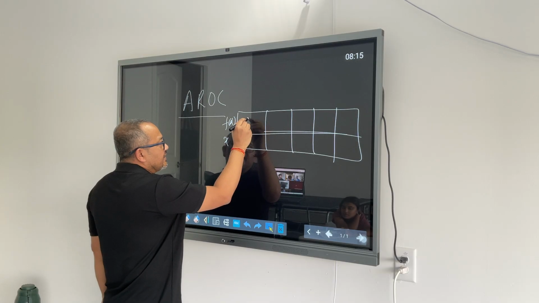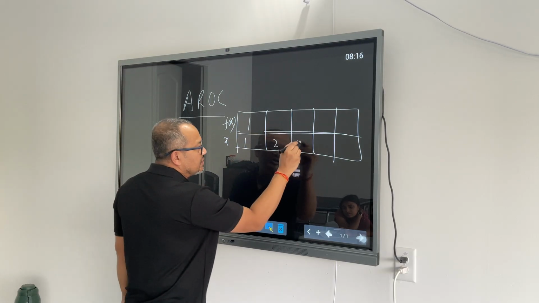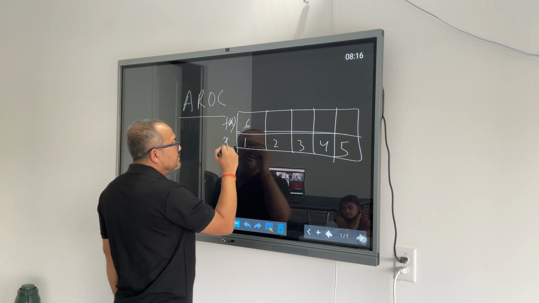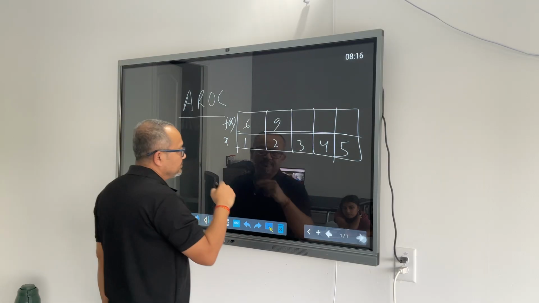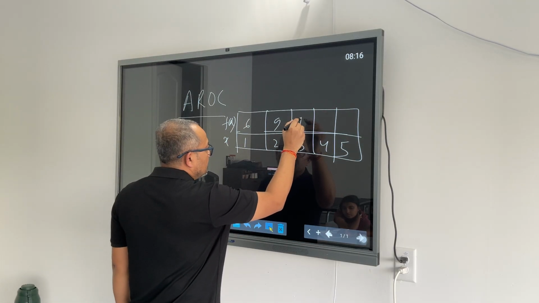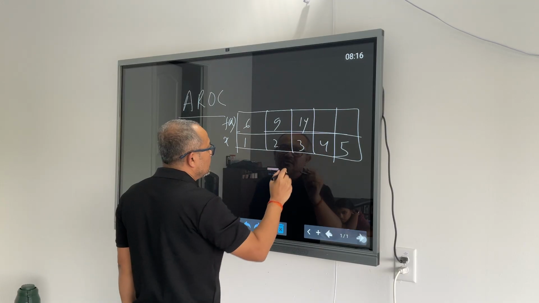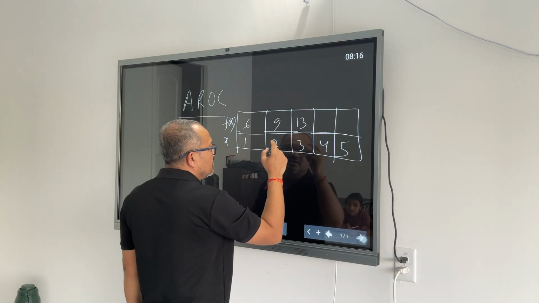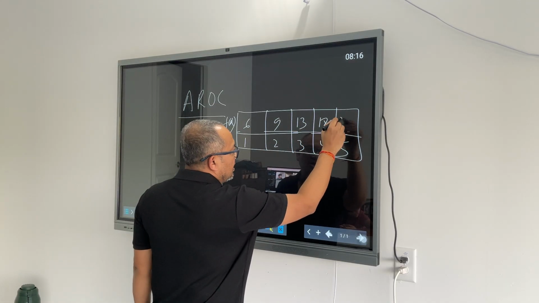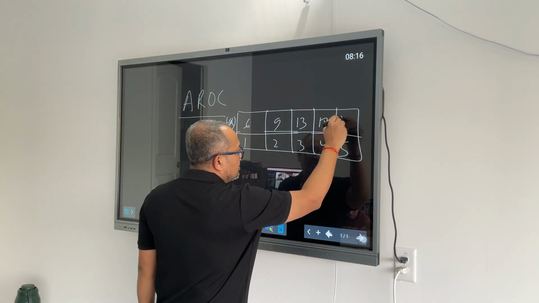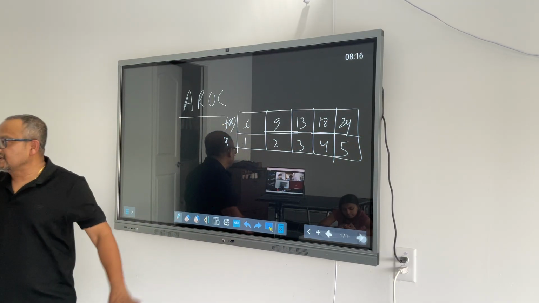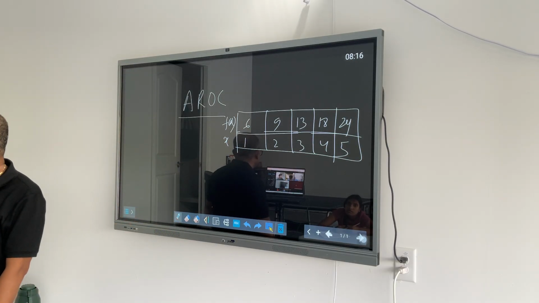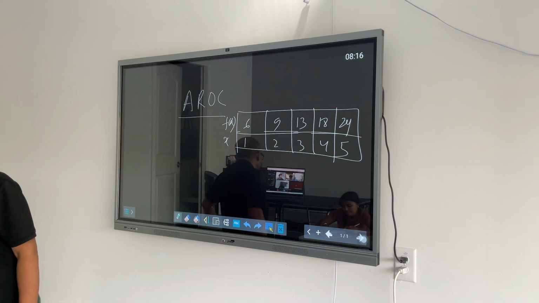Let's say when x is 1, 2, 3, 4, 5, and f of x is, let's say, 6, 9, 13, 18, and 24. Now you guys tell me, what is the concavity you see here? Is it positive concavity or negative concavity based on the table that you see here? Let's find it out.